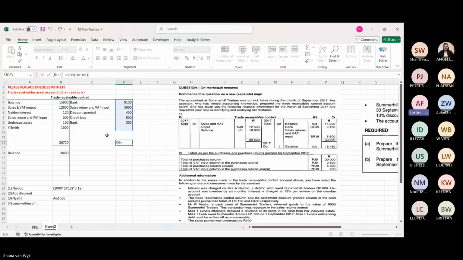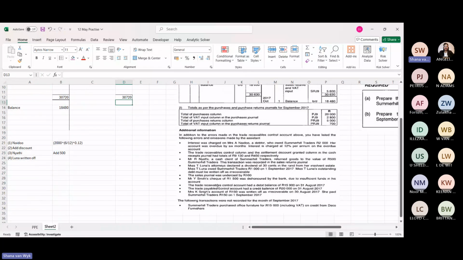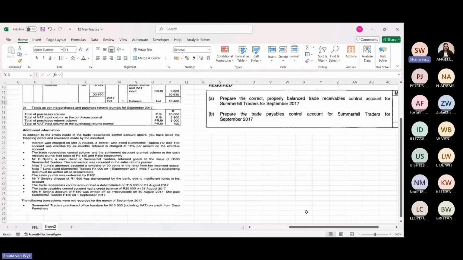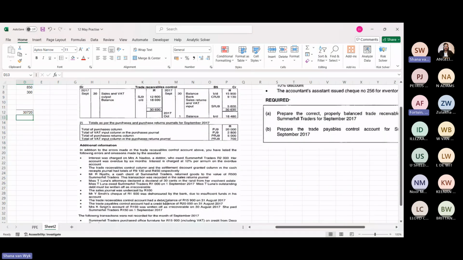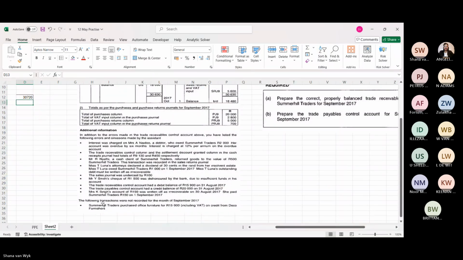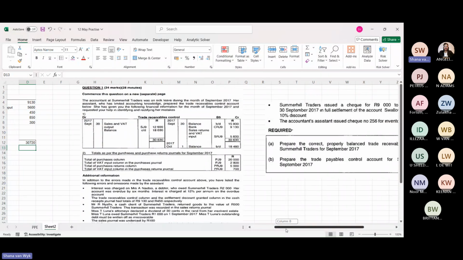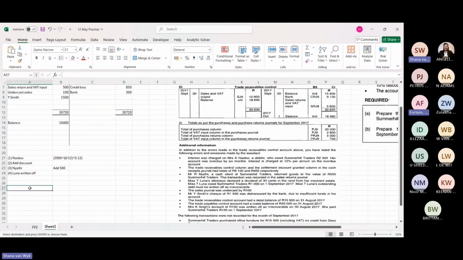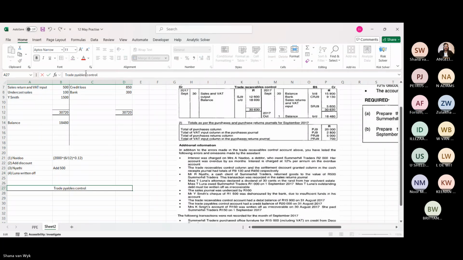Where did the other people run away to during the class? Where's everybody? Did everybody run away? We're almost done, guys. Let's try this thing. What do we need to do now? Oh, sorry, the trade payables now. Purchase furniture on credit from. Yeah. Sorry. First take point number 2 and satisfy Dreyer. Make Dreyer happy.